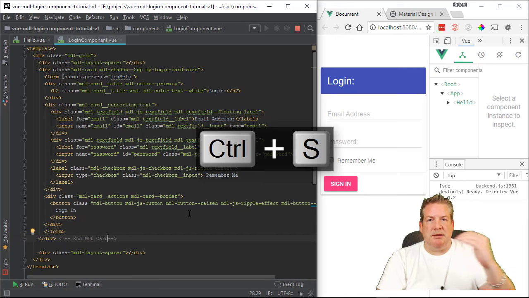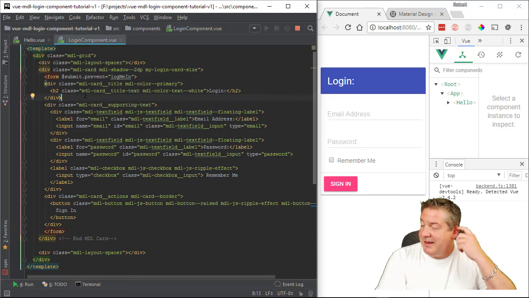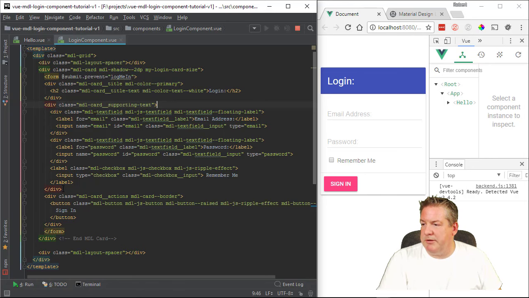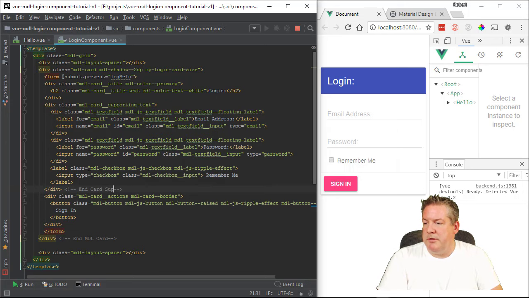Just as I get nested into divs, you kind of have to have these endpoints so that you can see where your divs end. Even in a good IDE that gives you your vertical lines, sometimes your divs get a little bit long. This one's a good little example of it. If you click on here, we can see that's the end div, but it's sometimes nice just to add an end card supporting text,